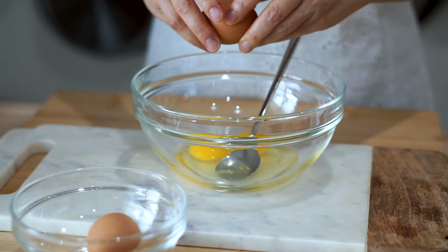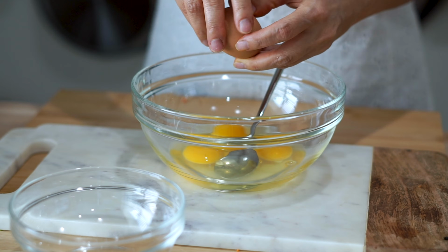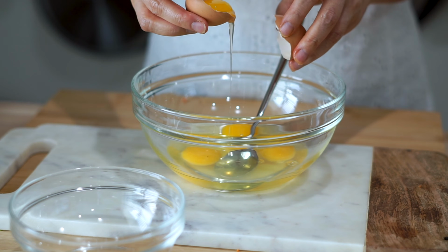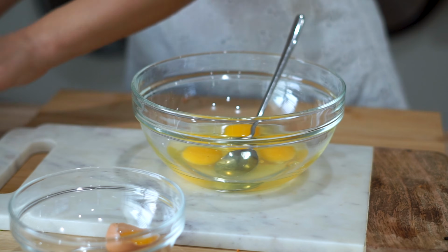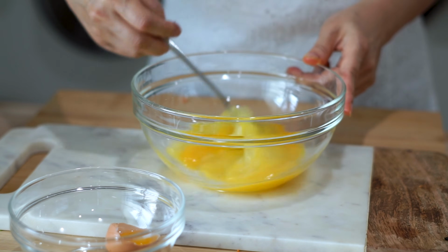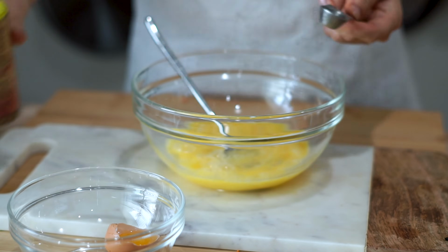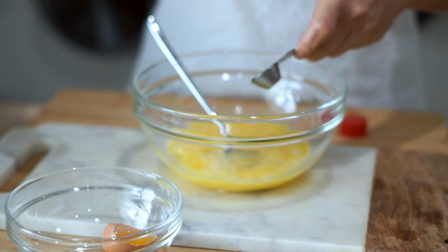So up next for prep, we're just going to be cracking some eggs into a bowl. We kind of messed up here. We put 3 whole eggs in there with 1 egg white. So for you guys, make sure to go for 2 whole eggs and 2 egg whites. What that's going to do is add a lot less fat and add way more protein because of the egg whites. So to season, we got half a teaspoon of salt here,